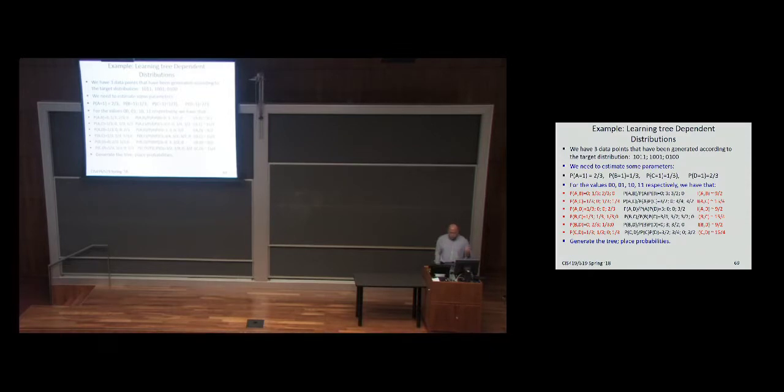What do I do? First of all, I have these 4 variables, A, B, C, D, and I'm determining P of A, P of B, P of C, P of D. And hopefully you would agree that P of A being 1 is 2/3 here. P of D being 1 is also 2/3. Now I need to compute P of X, Y.